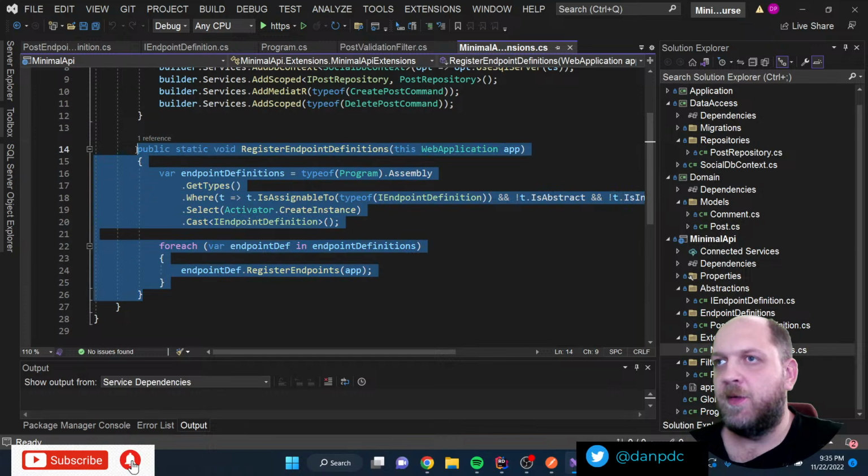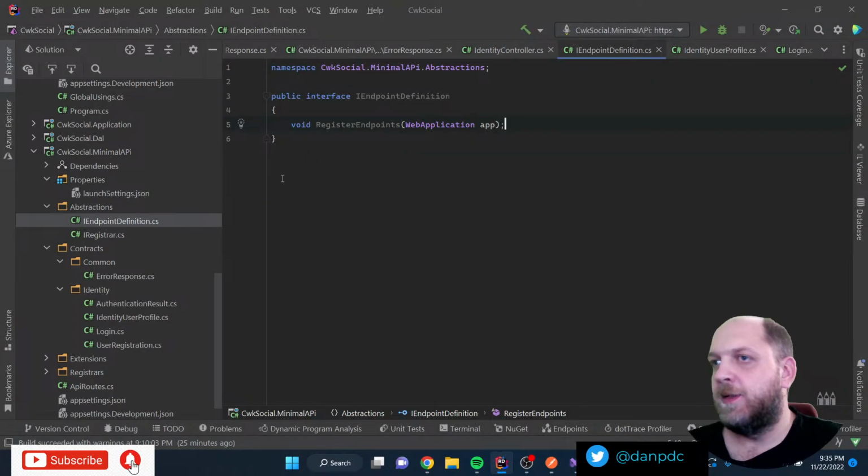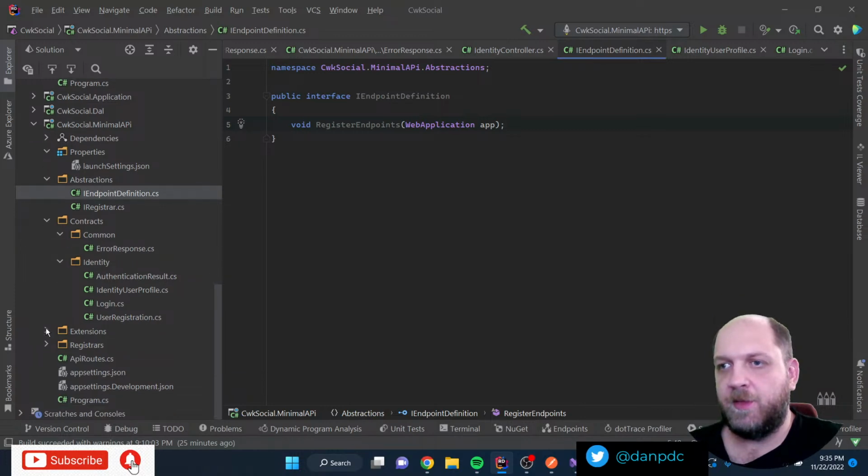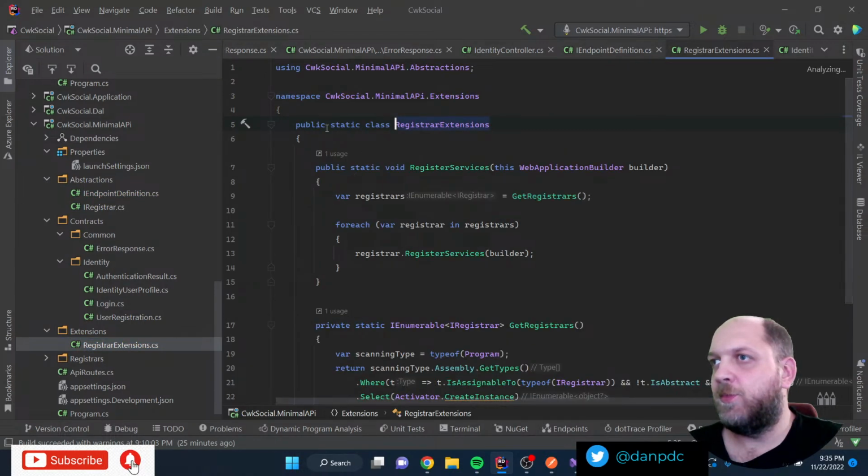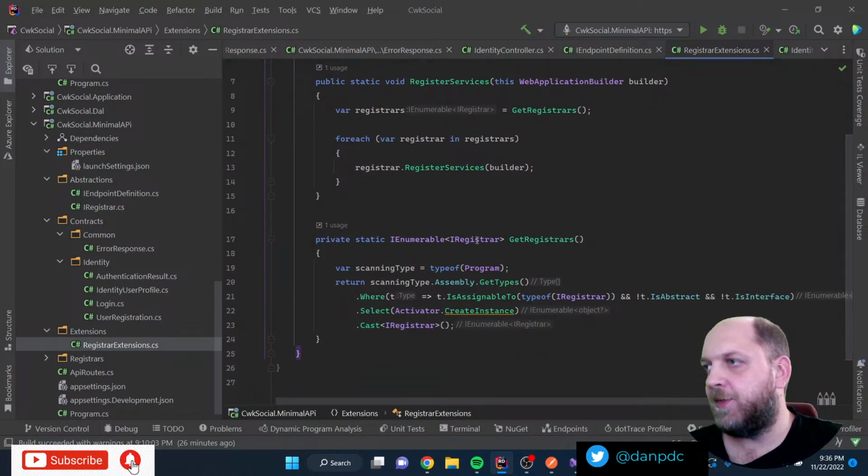So yeah, let's just copy this method because that's everything that we still need. And if you go to the extensions, where do we have it? Here, register. We had this extension for register services. And here we had this private method, get register.